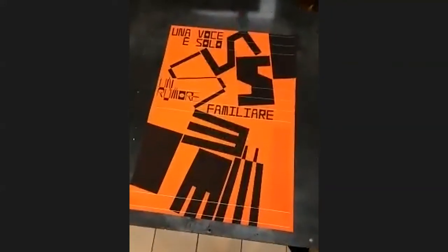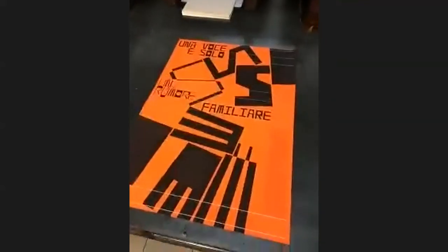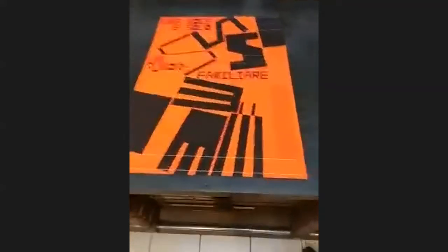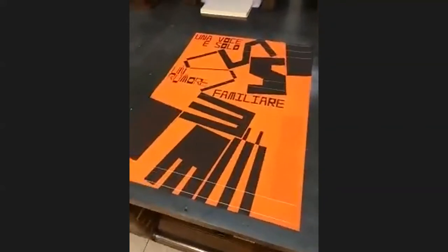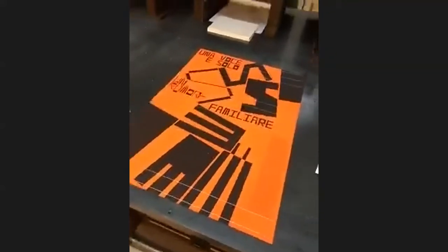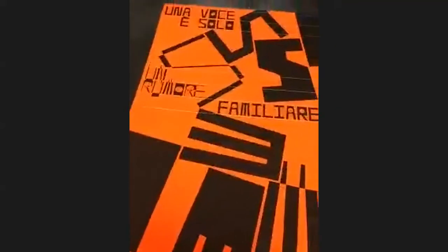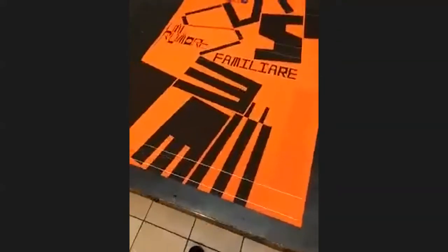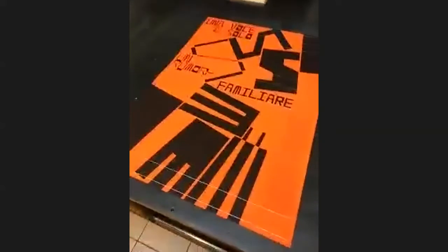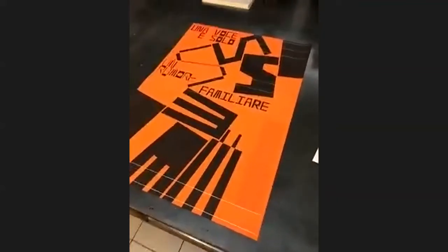And this is another very experimental project we did. It's very complex and long to explain. It's part of a performance we organized. We try to keep this place as young as possible, to not be too nostalgic, but to experiment with new communication languages, and also to involve new people in the legacy of letterpress, to create some interest in the young generation. So we made this sound performance with a friend of ours who is a sound designer,